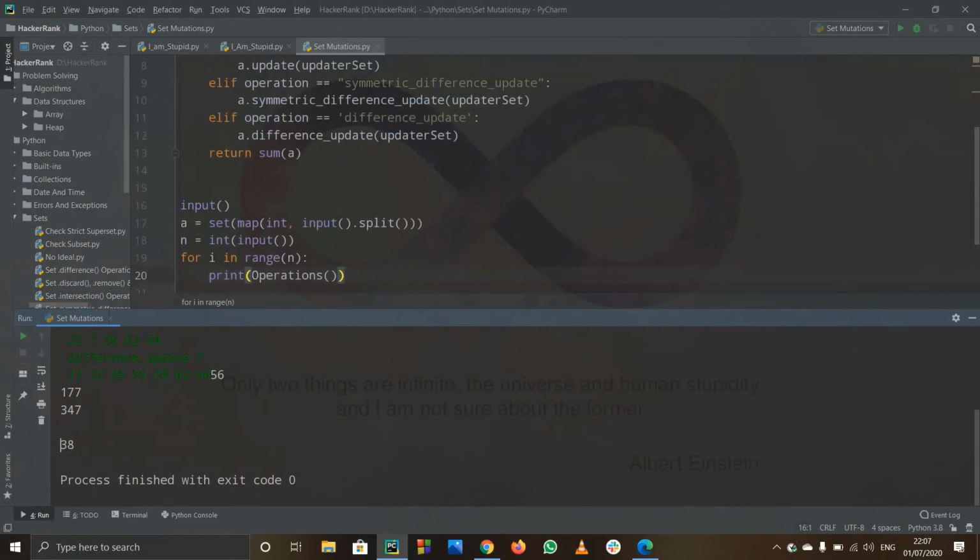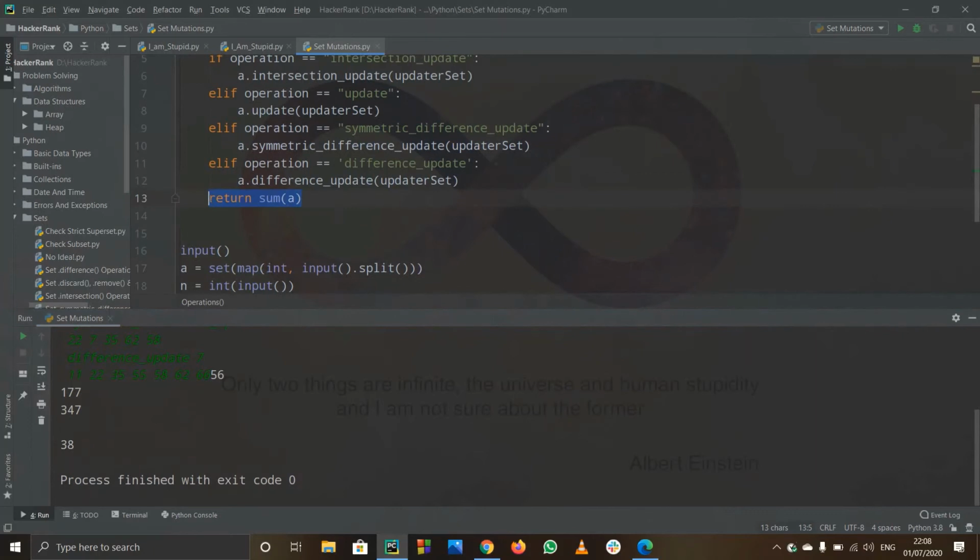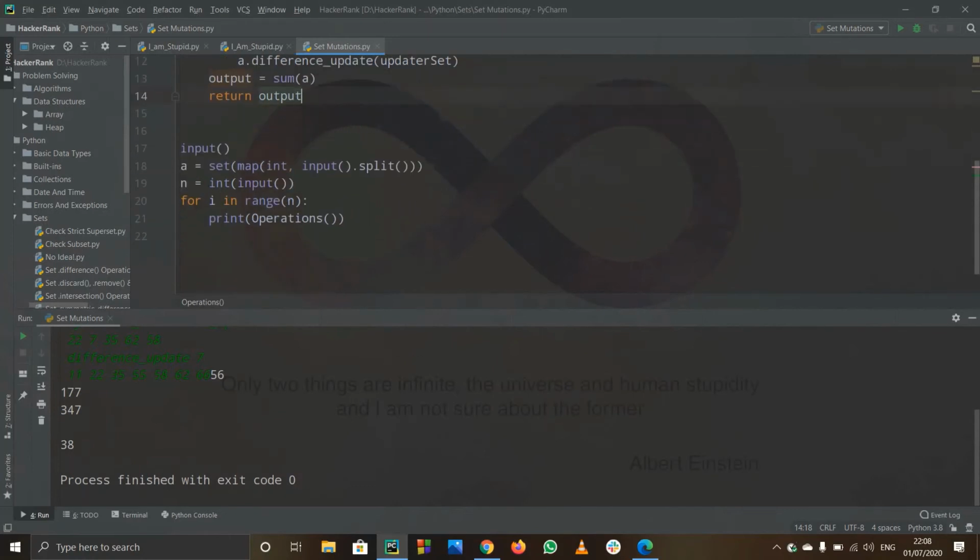So for that, I'll just name a variable called output, because we have to give some output. So output will be the sum of A. Fine, and afterwards we'll simply return the output. But now, what will happen if you just have to return it?